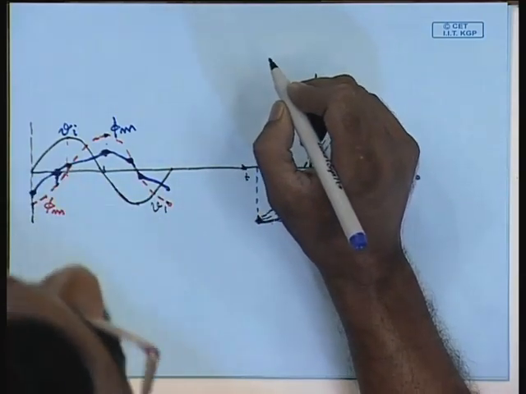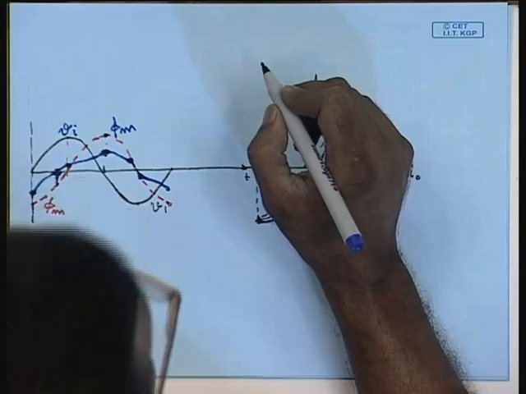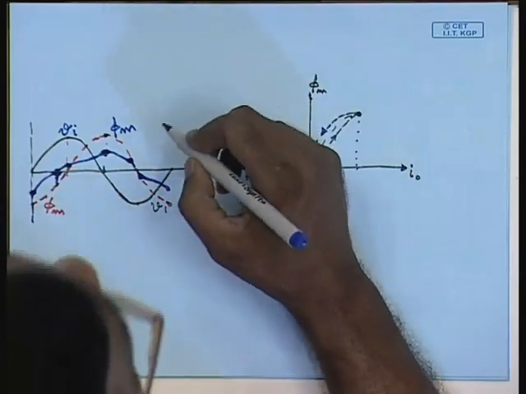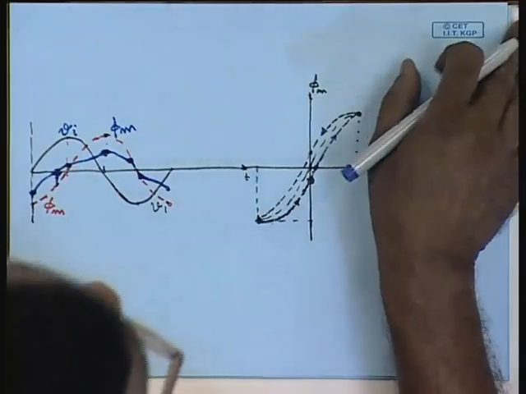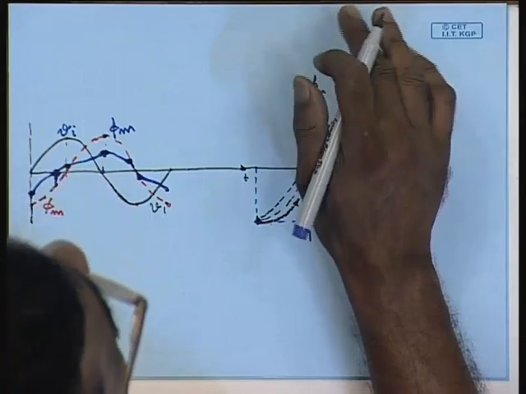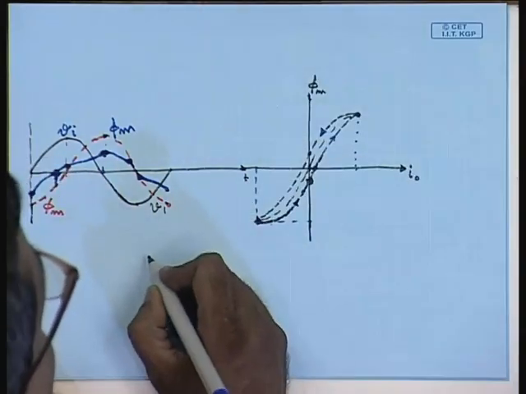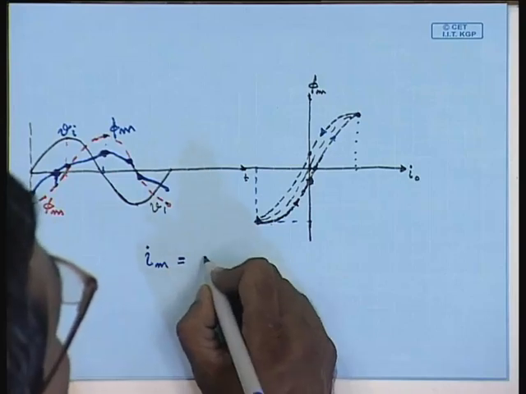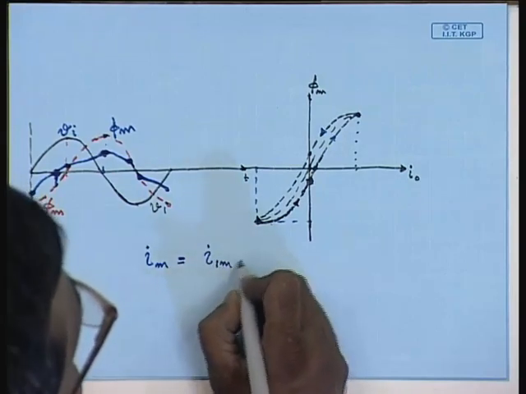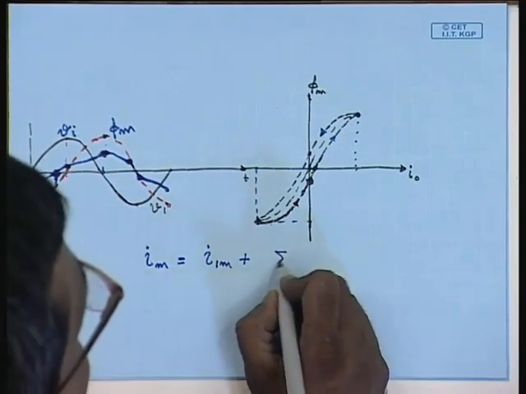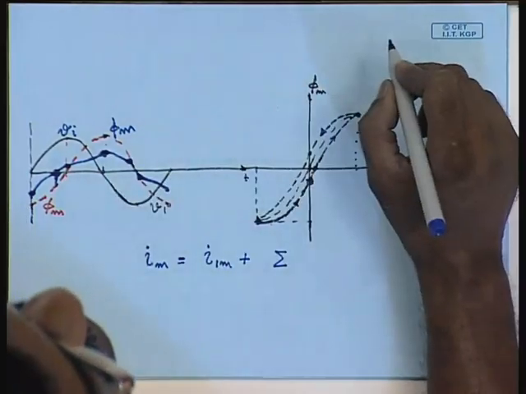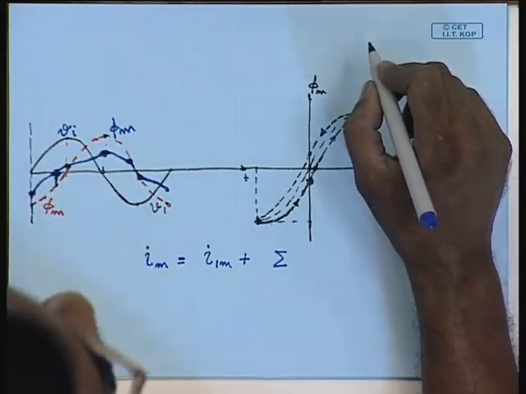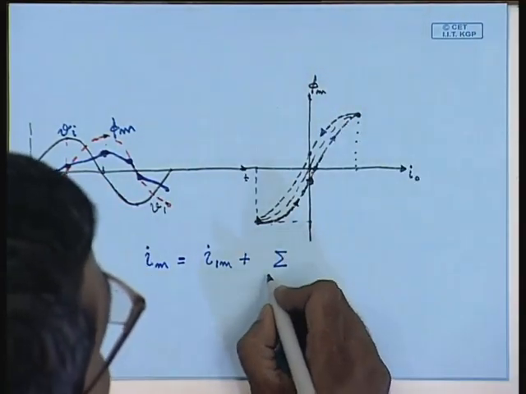So, this current waveform is not sinusoidal. Of course, it can be divided into Fourier components. The current drawn i_m will have a fundamental component i_1m plus harmonic components, and because of its odd nature it will have only odd harmonics,